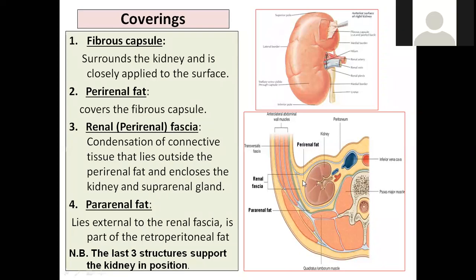Yes. Yellow. Okay, this is nothing but perirenal fat. Okay, this is actually covering. That means outside this fibrous capsule, we will have this fat. That's why you call this fat perirenal fat. Of course, still a lot of explanation is there in Inderbir Singh.